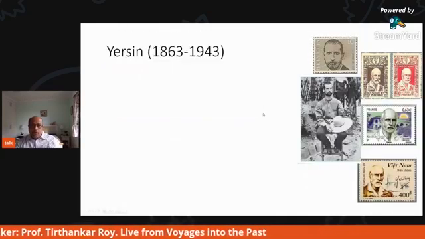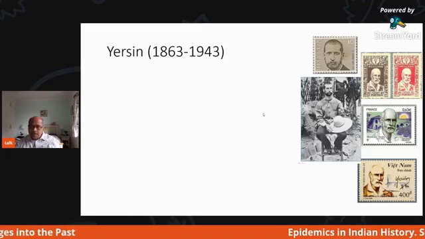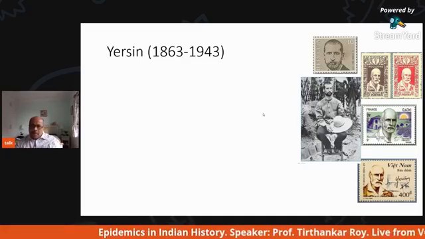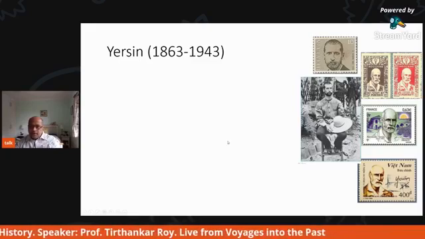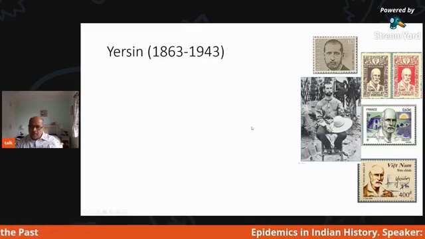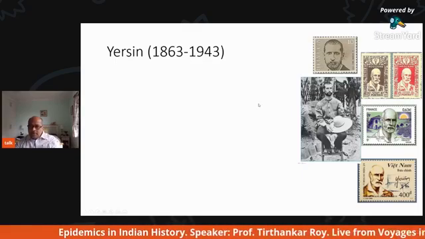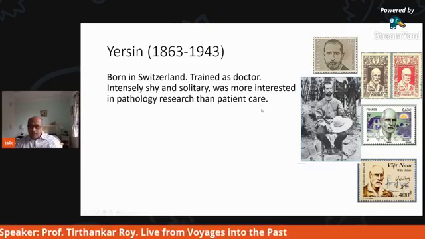Now, no one but Yersin would fit that model very well. So let me dwell a little more on his biography. Probably this face has been used the most in stamps all over the world. Many places in Southeast Asia, and Switzerland, where he came from, and France, where he did his degrees, have produced stamps in his honor. Now, if you look at Yersin's photograph, this is him as a young man in his 40s,